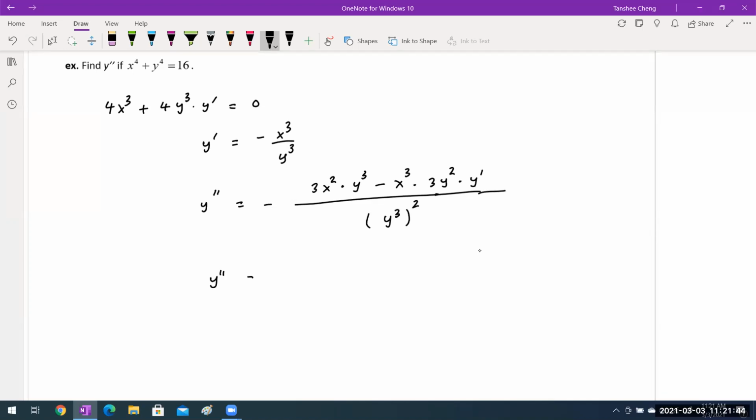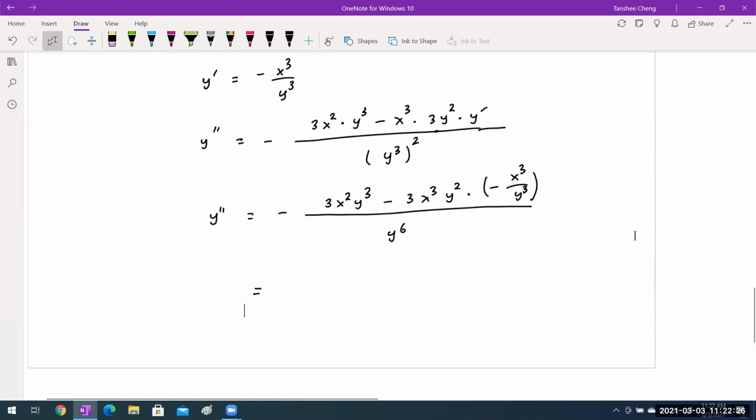So this will give me y double prime equal to negative 3x squared y to the third power minus 3x to the third y to the second power times y prime, all over y to the sixth. We don't want y prime in this situation, so we substitute y prime with what we already simplified, which is negative x to the third over y to the third power. This is the part I'm talking about: you need to know how to simplify y prime so that the second derivative is a lot easier. So finally, when I continue on this,